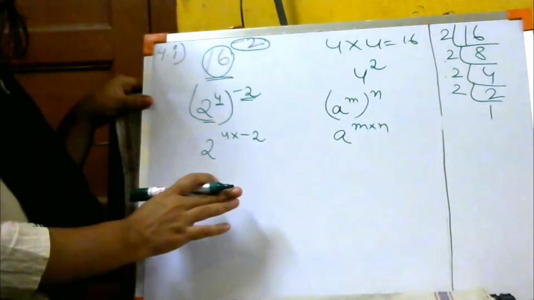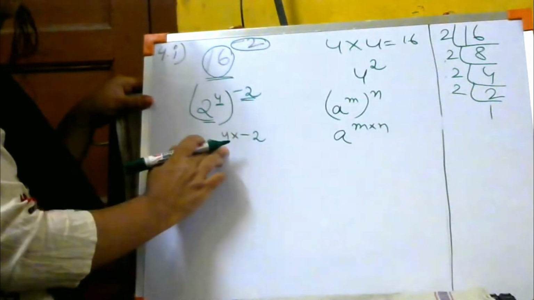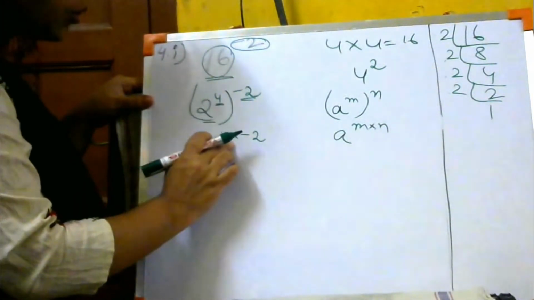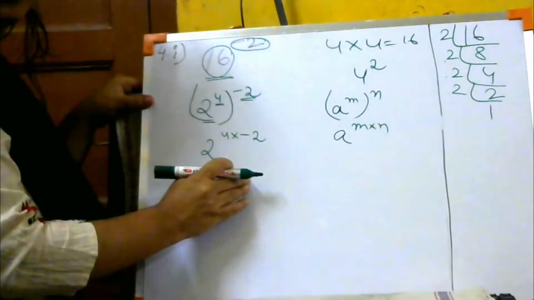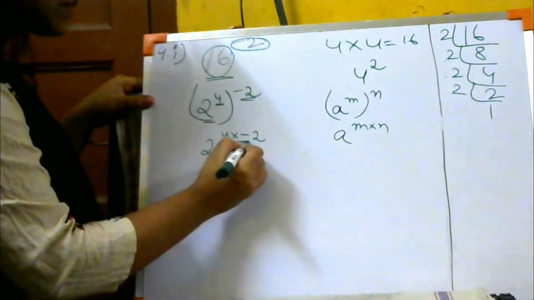There is nothing to fear. Let the minus be there. Clear? So now we are going to multiply the power. Now again I am telling you, write the power so that it stays on top, don't write the power below. Okay? The power will be at the top corner. Clear? So now let us multiply this power.